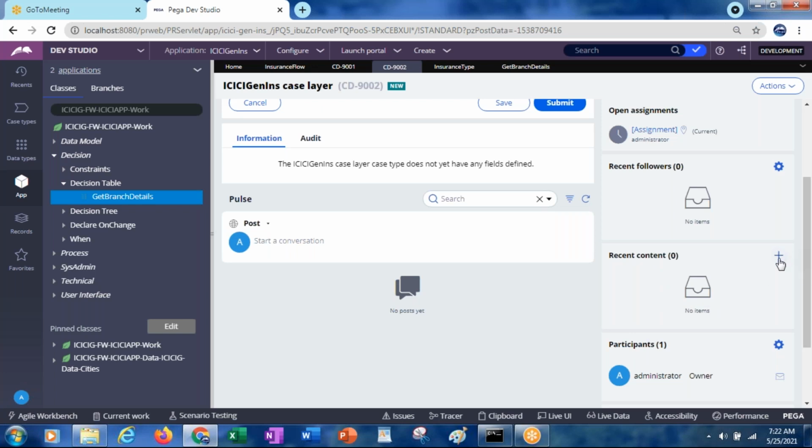Recent content means what? If you click on add content, it is going to open a pop-up window, a modal dialog, in which we will perform some actions.